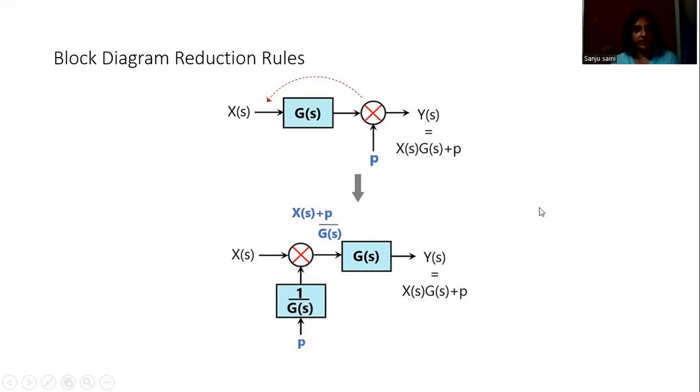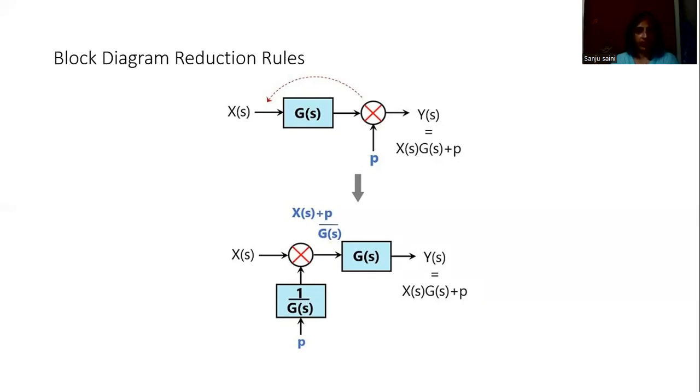So yeah, these are the basic block diagram reduction rules, for when blocks are connected in series and when they are connected in parallel. Sometimes we tend to change the position of the takeoff point. Sometimes we want to change the position of the summer. And in all those cases we have discussed till now,